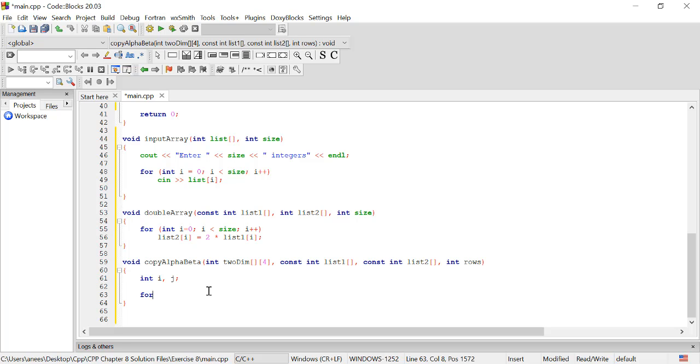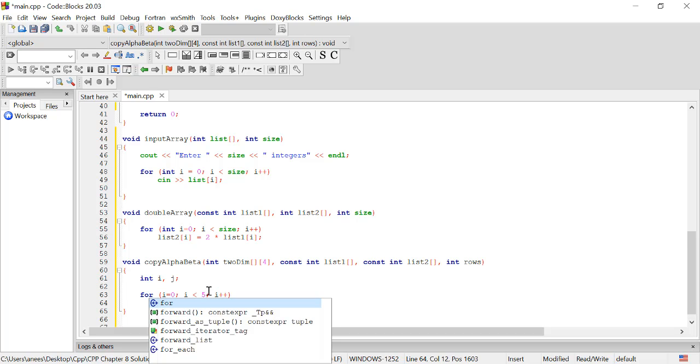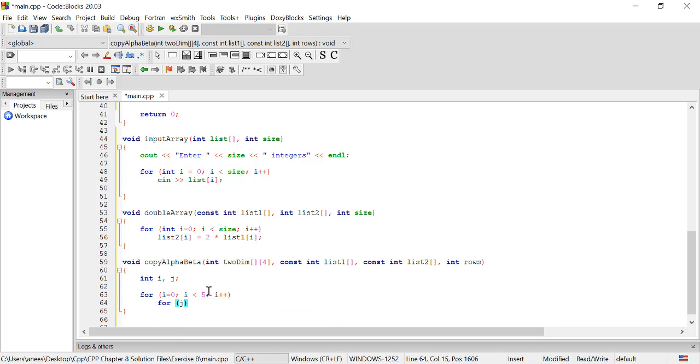And now right here, we need to write in for i is equal to 0, i is less than 5, i plus plus, for j is equal to 0, and then j is less than 4, j plus plus,